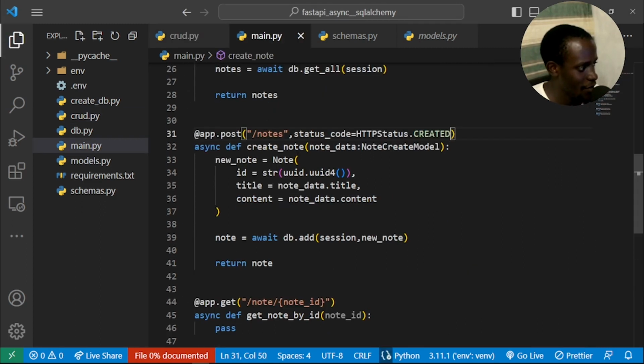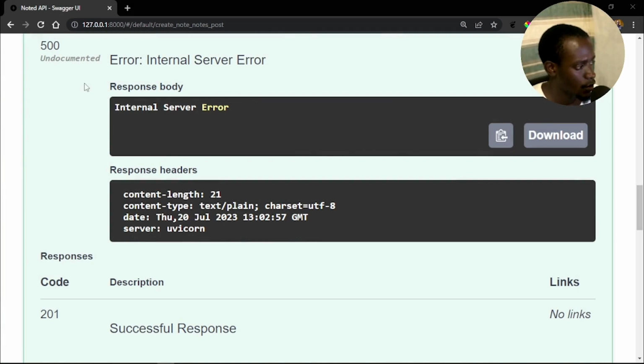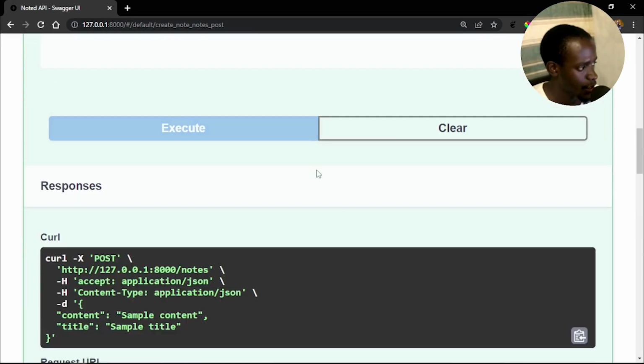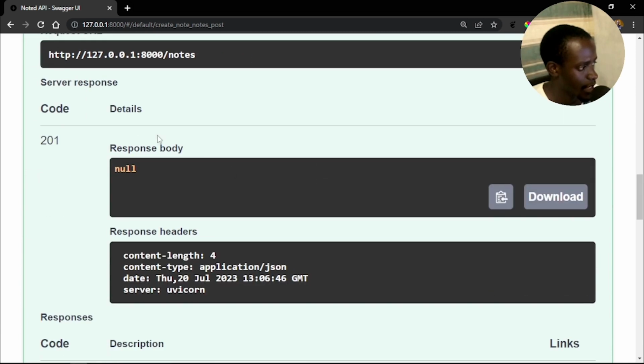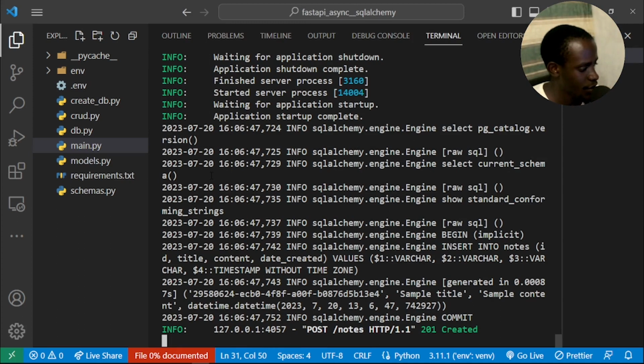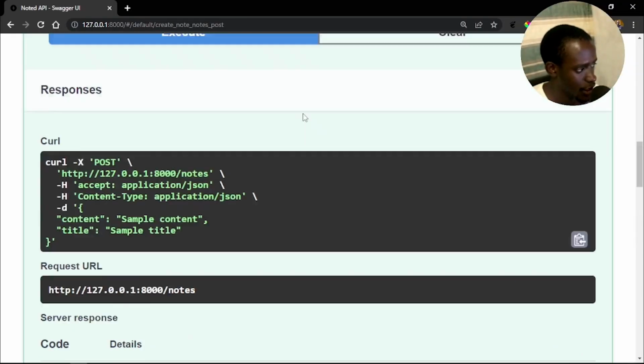So if we go within our main.py, we try to create our model again. When we try to create our note once again, I'm going to execute the query. We can now see that it's returning, but let's see what it's actually printing right here. Is it even inserting? We're seeing that it's inserting the values, but if we go right where we actually query for the items,